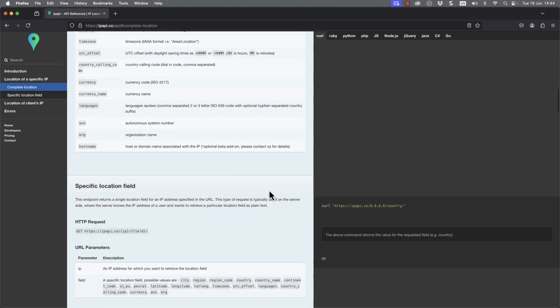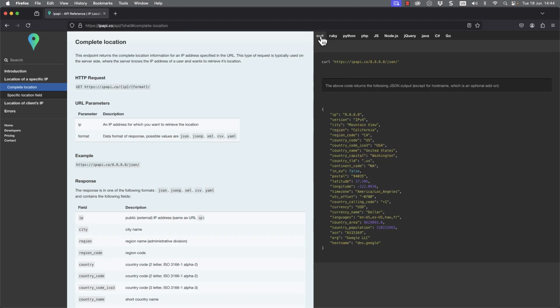But also, towards the right-hand side, we have some tabs that we can print. If I click on curl, they will show me how I can grab the complete information using curl. We can also see that they have other programming languages there.